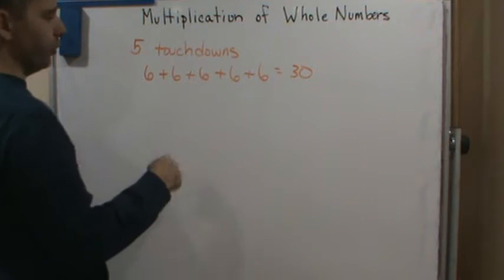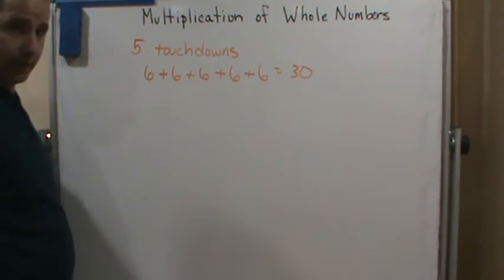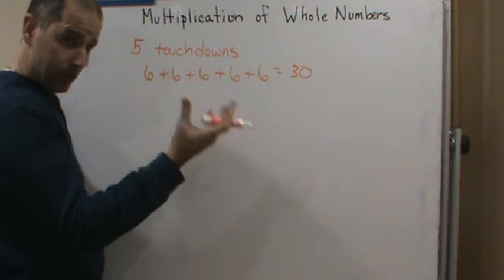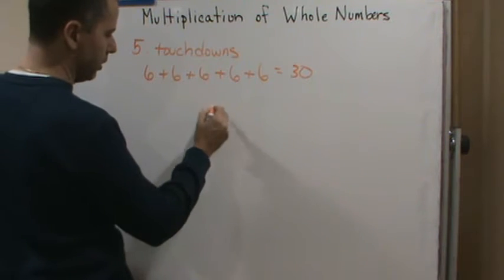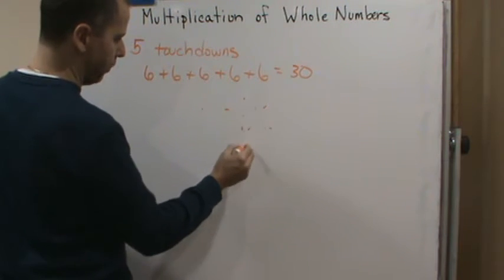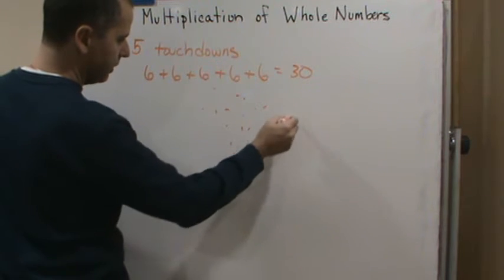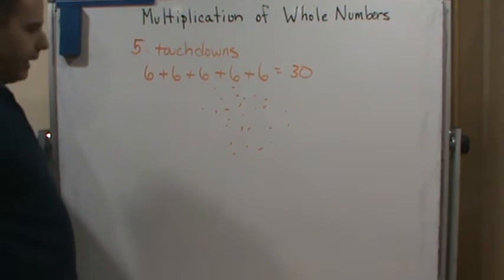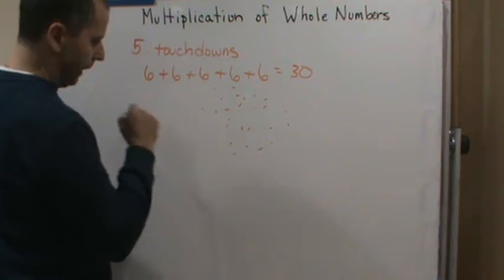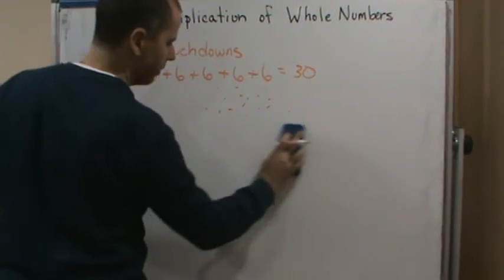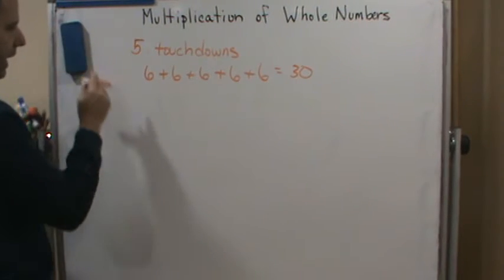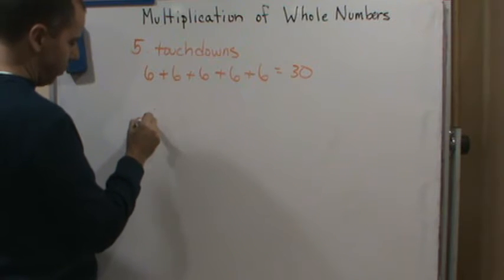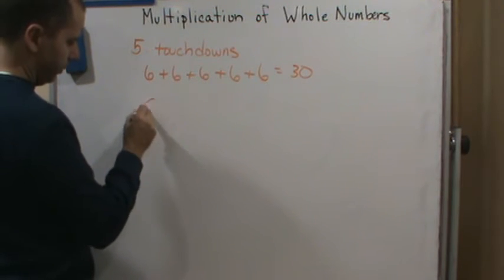Or you can use multiplication, which is a fast way of adding the sixes. Because you look at the 5 groups, right? You have points, so you have 30 points. If we were to visualize these points as just dots, you have all these points sitting there, and you can count them. Or you can think of it as groups of points. You've got 5 groups of points. How many points are a touchdown? Well, you've got 6, right? So 1, 2, 3, 4, 5, 6. So you've got this group,